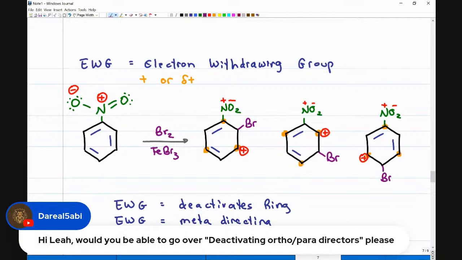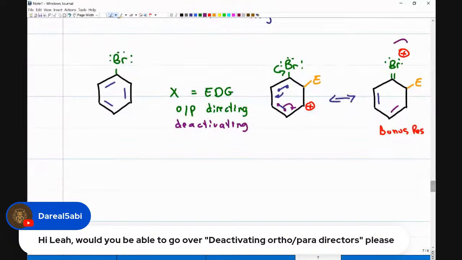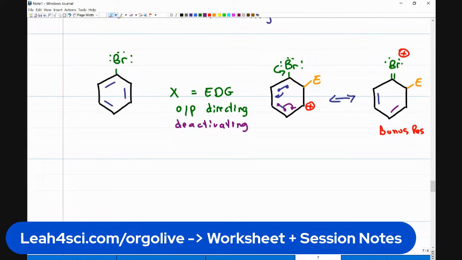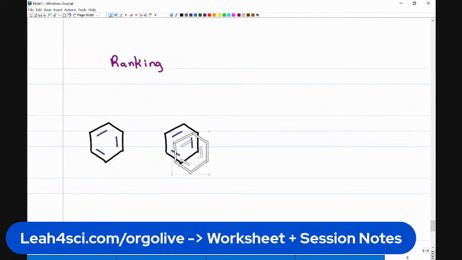And because it's so unhappy, that deactivates the ring. Electron donating activates, this deactivates. The exception we said are the halogens, because even though they're capable of bonus resonance, they are so unhappy doing it that they just grumble and complain and slow down the entire reaction, making it a deactivated ring, a slower reaction. Keeping this in mind, you may have a question that gives you 5 different molecules with 5 different substituents,